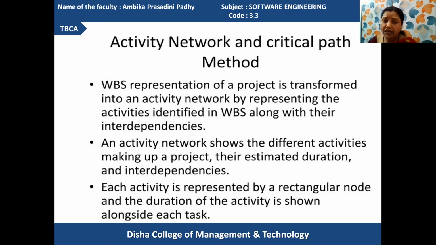The activity network shows the different activities making up a project, their estimated duration, and interdependencies. When a particular job is executed, a certain time period is required, as we have discussed previously, and the tasks have certain interdependencies among them. One module depends on the role of another module. One module's execution provides a certain result, and then that result will be used in the next subsequent task.